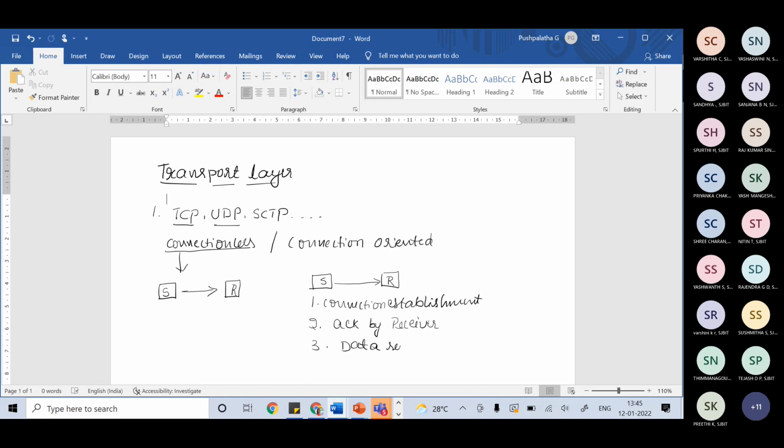After all the data has been sent and the last packet is received by the receiver, the connection will be released between the sender and the receiver. But in connectionless, there is no connection establishment and no connection release.